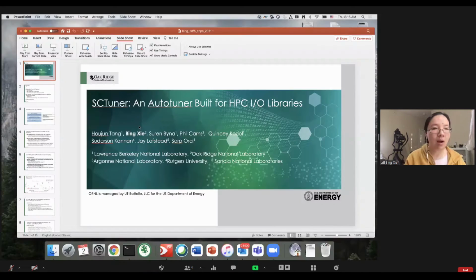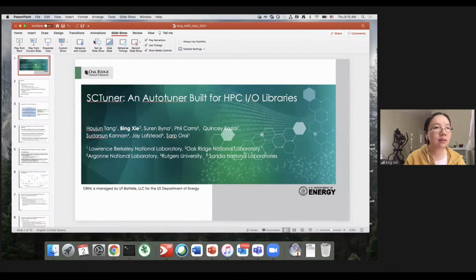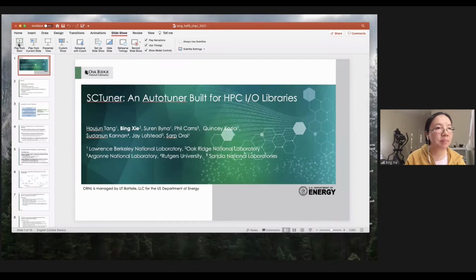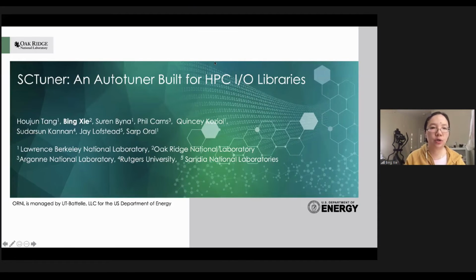Hello, everyone. This is Bing Xie from Oak Ridge National Lab. Today, I'm going to talk about our runtime I/O tuner. The tuner's name is SCTuner. It is an auto tuner built for HPC I/O libraries. We finished this work in collaboration with scientists and researchers from Lawrence Berkeley Lab, Oak Ridge Lab, Argonne Lab, Rutgers,